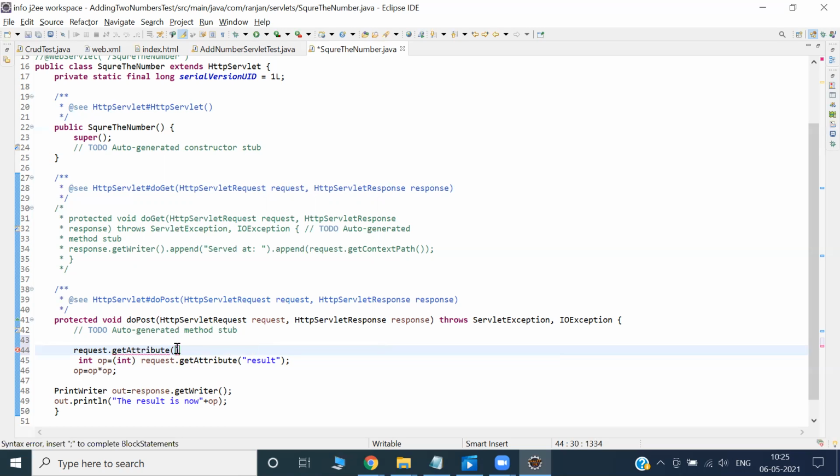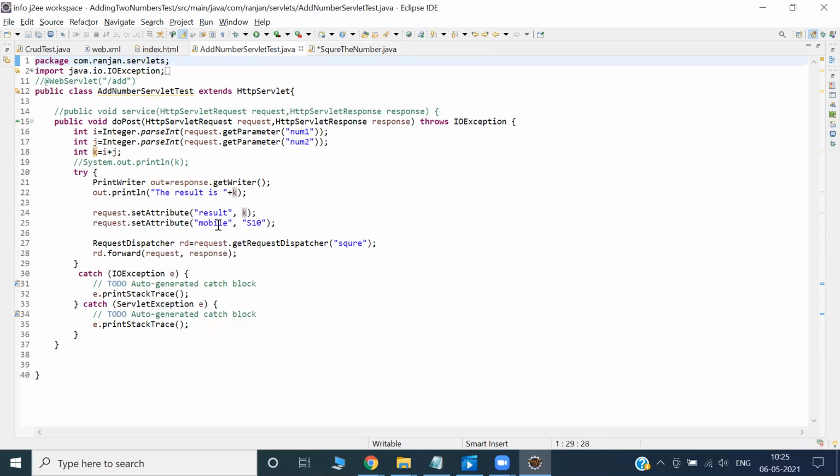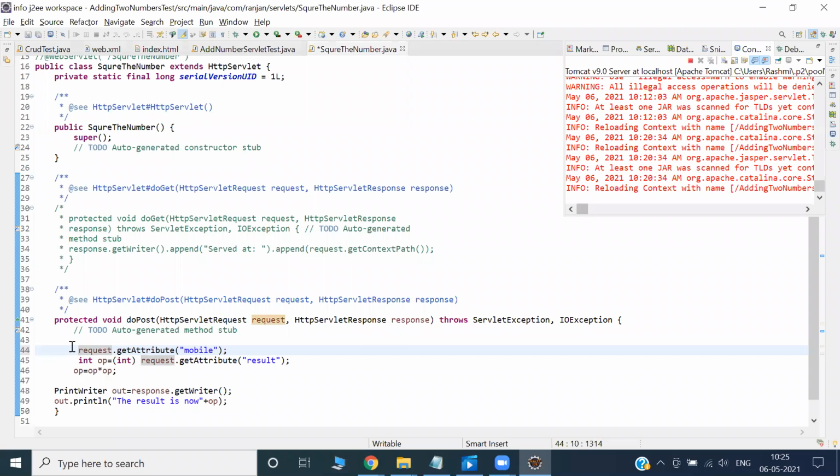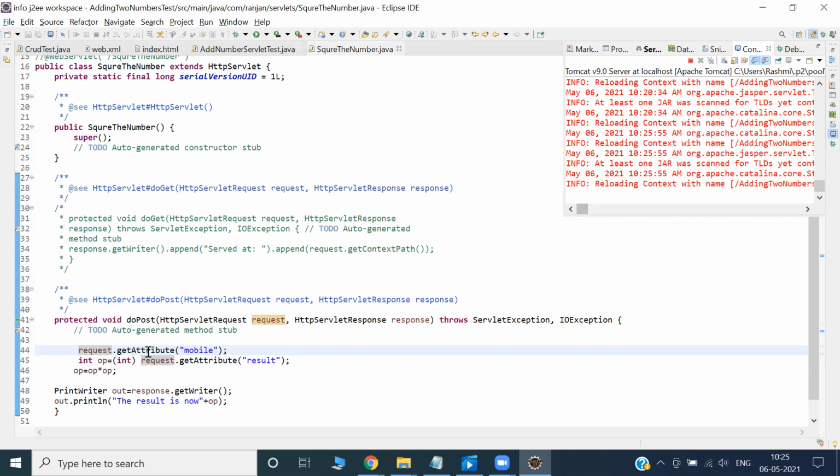Who can tell me how to open my mobile? I want to open the mobile box, so I will see the mobile, right? How to get the value? Should I put mobile or should I put S10? Mobile only. I just need to re-verify what the name was. Copy this one, because a small spelling mistake will cause an exception or some error. So let's copy and paste, that is the best way. So you want to see what the value is also?